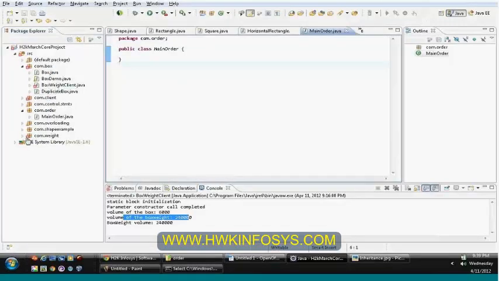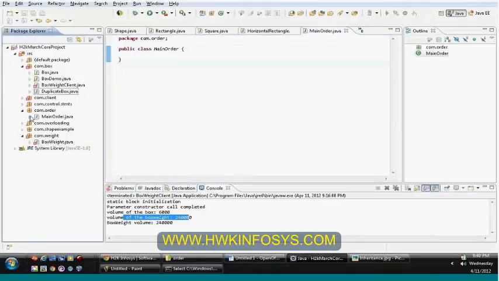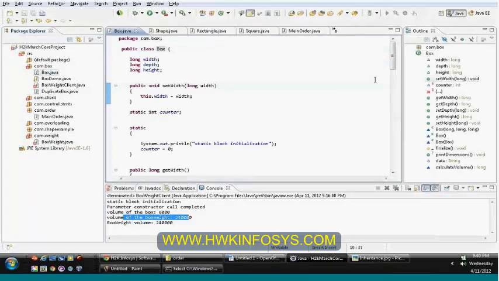Forget about box wait client, we'll think about it later. So start from the box class. Currently my box class is at what level? Com.box level, and this is my box Java file.